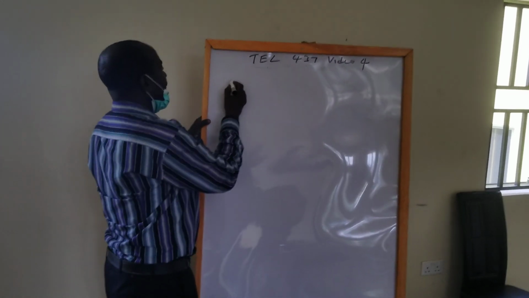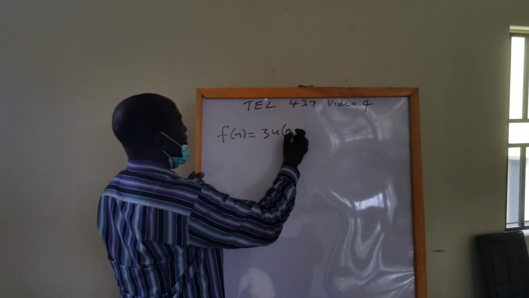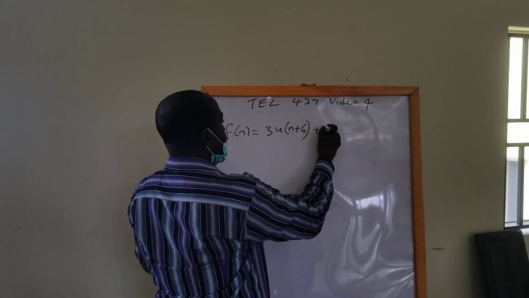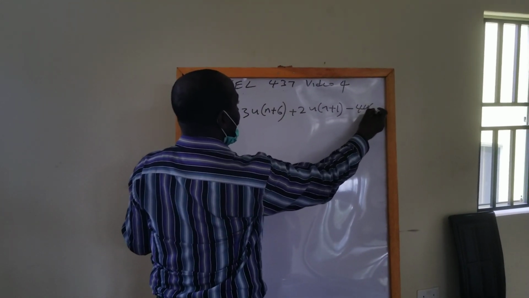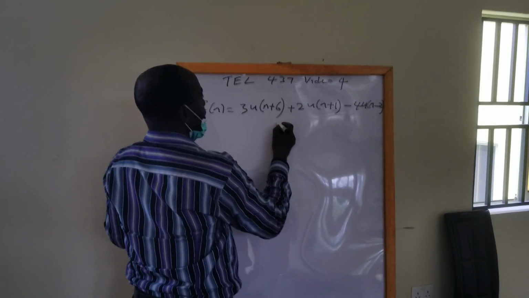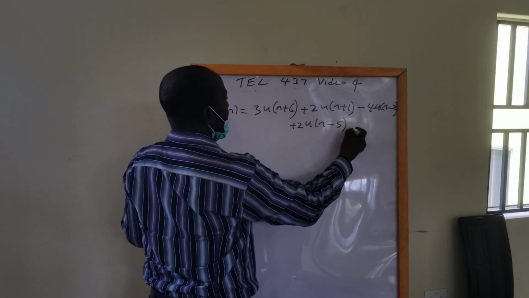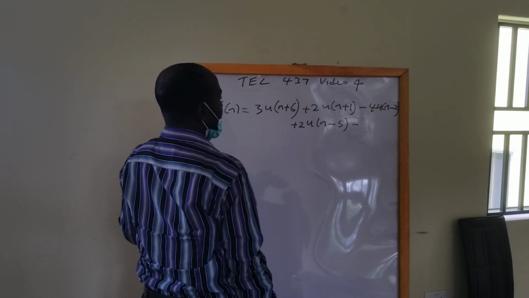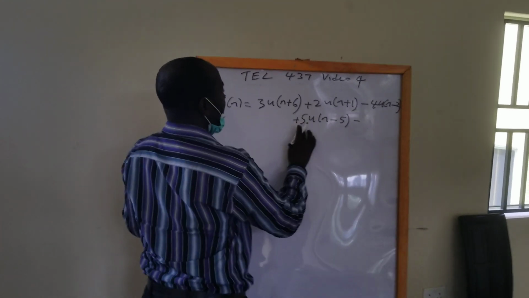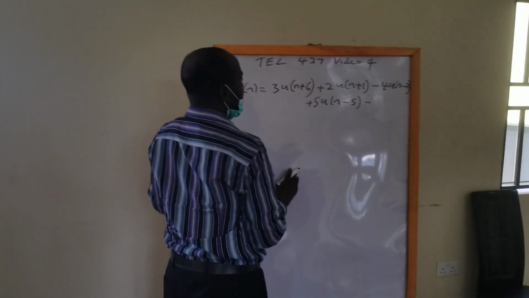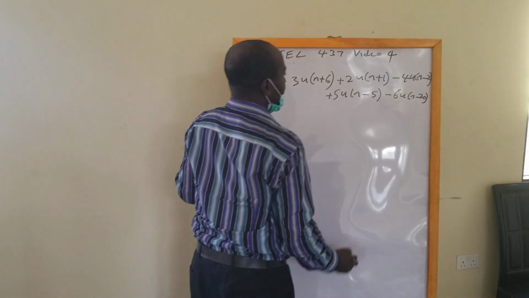If I'm given that f of n equals 3u(n+6) plus 2u(n+1) minus 4u(n-2) plus 2u(n-5) minus... plus 5u(n-5), have the 3, 2, minus 6u(n-20). So